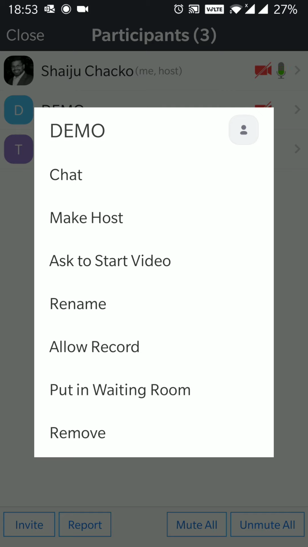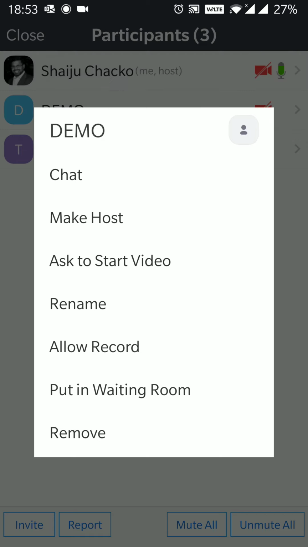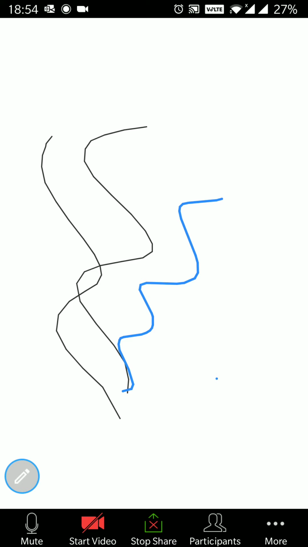Now, when you remove a participant, in most cases, because you're sitting at the back end also, in my case, if I remove a participant, that participant will not be able to join the same meeting again, because practically you have shut or locked him or her out of the meeting. And therefore, you can put the person back into the waiting room, or you can also make host. So there are a few other features that are definitely there. I think these are some of the security settings that you can look at. And if there is anything else, we can definitely help the teachers overcome whatever struggles they have.